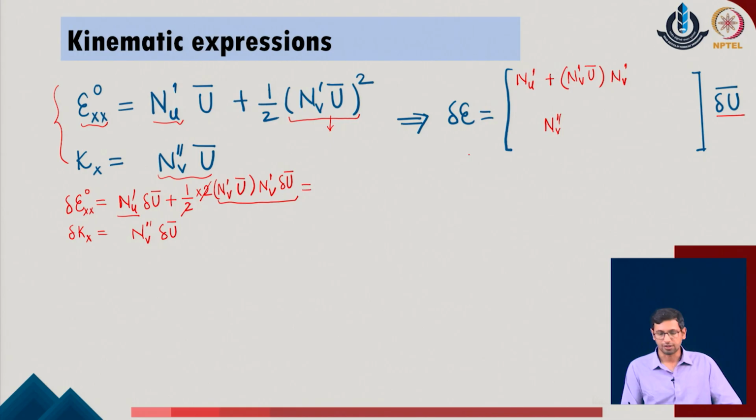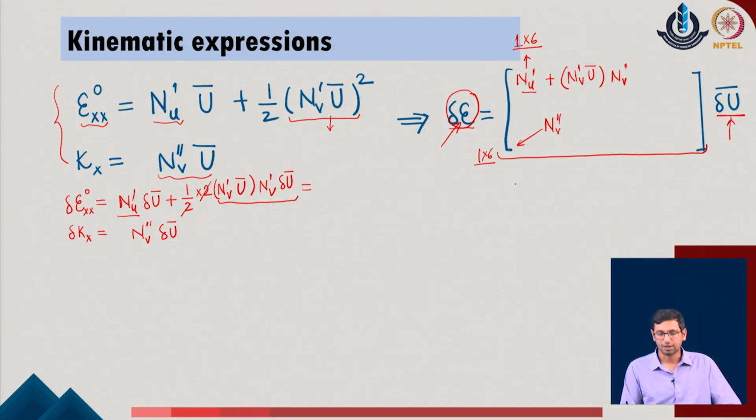Now, what we realize here is that del of epsilon, which is written for the given system, is expressed in terms of some matrix term, because all of these terms are not single valued, but they themselves contain a 1 cross 6 vector form in the given system. Similarly, nv prime is also containing a 1 cross 6 vector system in the given problem. So, this overall becomes a matrix, into del u bar. So, this is a relationship which is defining the condition of the beam's internal strain functions in terms of the nodal displacement values of the given system.